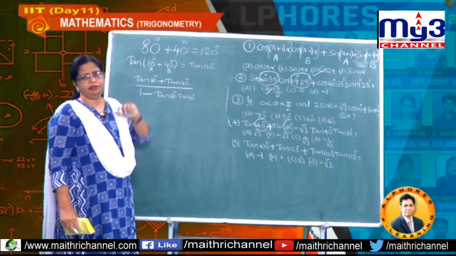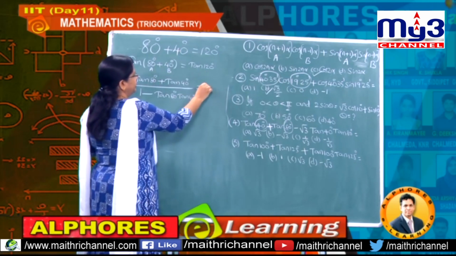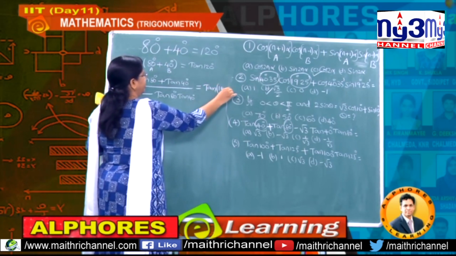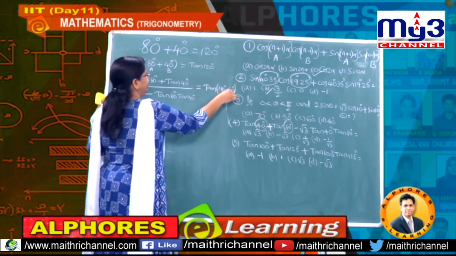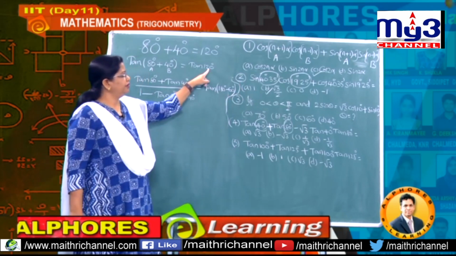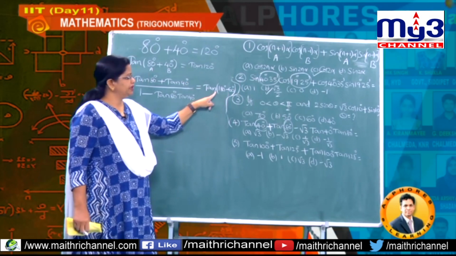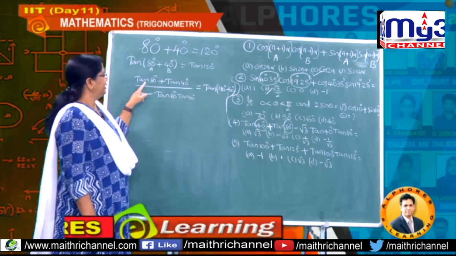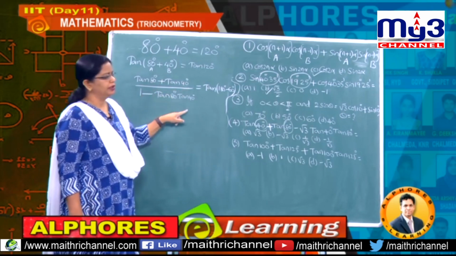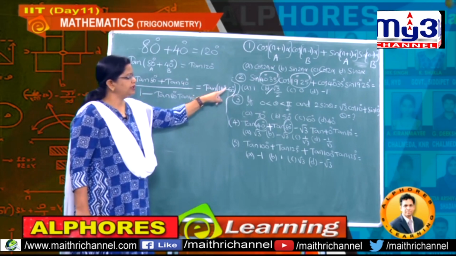Now tan 120, you might not know it directly, so you can write it as 180 minus 60. But better by this time you have to remember all these values, understand. So 120, how I wrote it, students, as 180 minus 60. Now any of these values we do not know, so we cannot substitute, and this is the known value, it is of the form 180 minus theta.